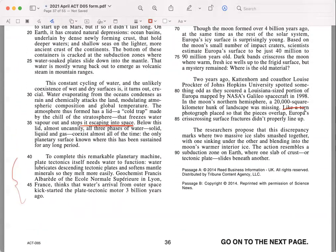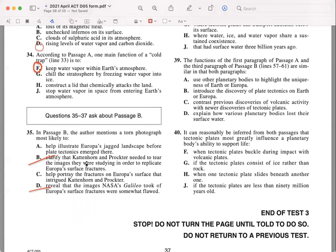Like a torn photograph placed so that the pieces overlap, Europa's crisscrossing surface fractures didn't properly line up. Right? So there was something about the picture which indicated that these were not lining up properly. These surface fractures had happened and they were not lining up properly. So it's not about the jagged landscape before plate tectonics emerged there, right? It's not about that, because those fractures were the result of plate tectonics. It helps portray the fractures on Europa's surface that intrigued Cattenhorn and Proctor, and which they said was the result